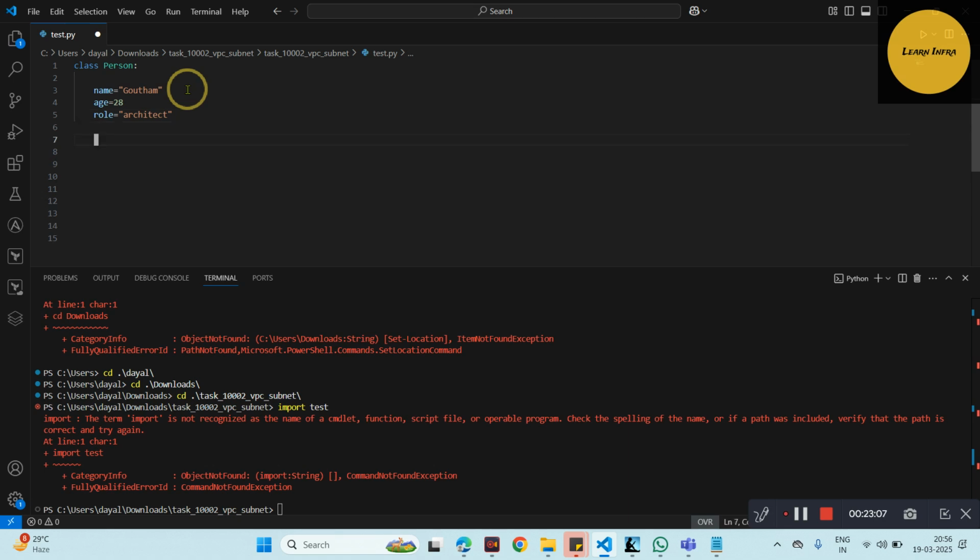So here initially what we did, we created a class, and then we are creating class attributes, means just variables of that class. Okay, and then these are class attributes. The variables that we define inside the class are class attributes. And then we can create class methods also, like class functions, we can say methods. So for that what you need to do,